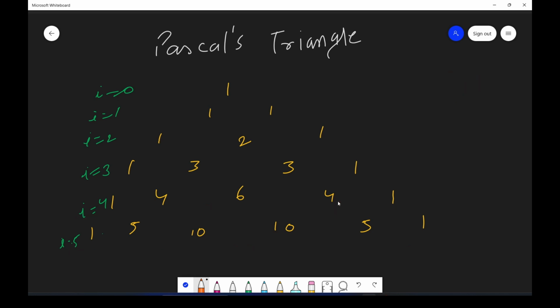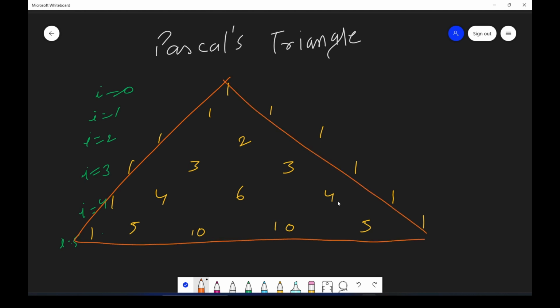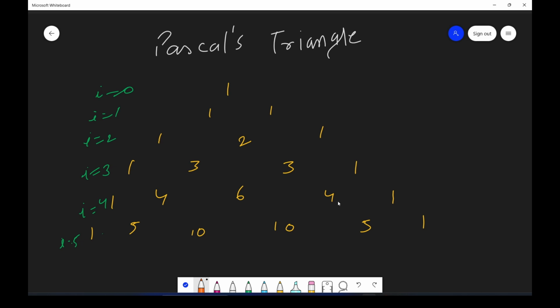Okay. So guys, from this triangle which is drawn here, one thing I want you to observe: just pause the video and see what the common things are for every row. I hope some of you observed some things. So let's understand. Basically, for every row, let's say take this row.